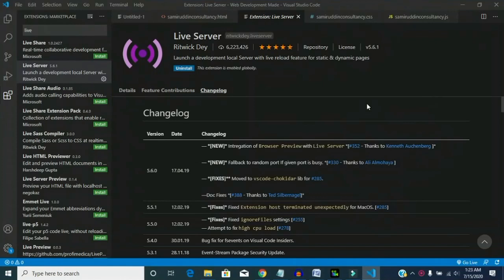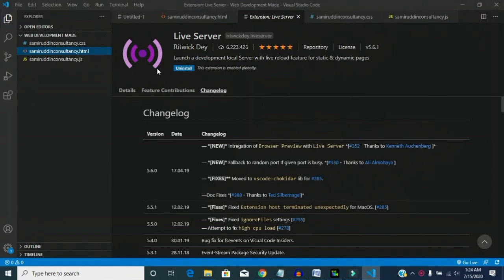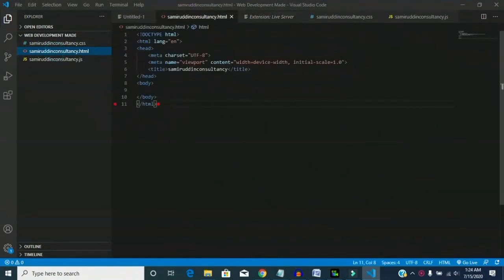After installing it, an option will appear here which is Go Live, and as soon as you click on it, it will open your website with refresh.